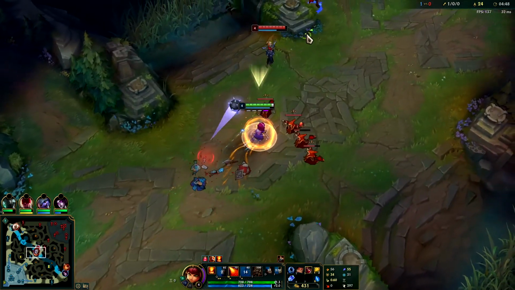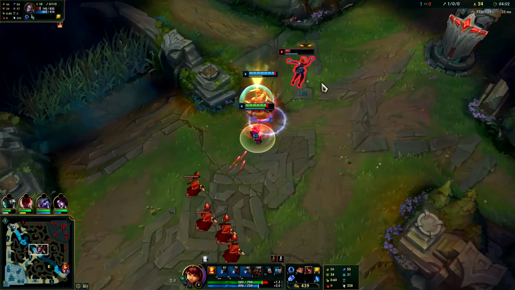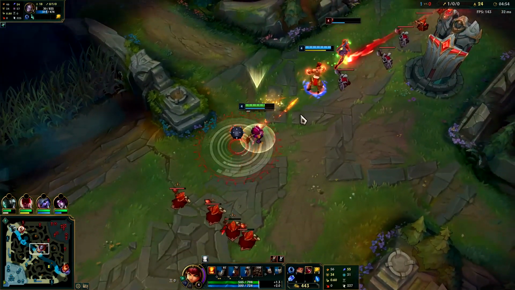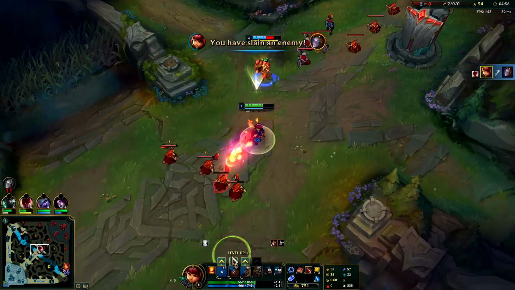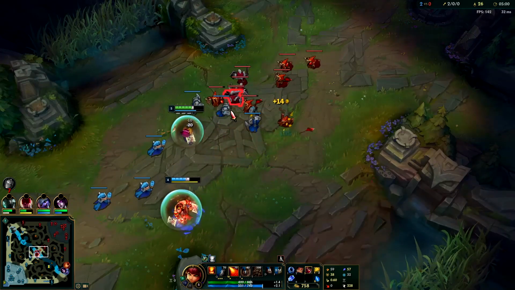I'm going to run her down, hit her with a W, auto attack, Q, auto attack. Auto attack, I got her. Nice. Well played by the Lee Sin. And he plays off of ganks really well, so if you're looking to duo Q,